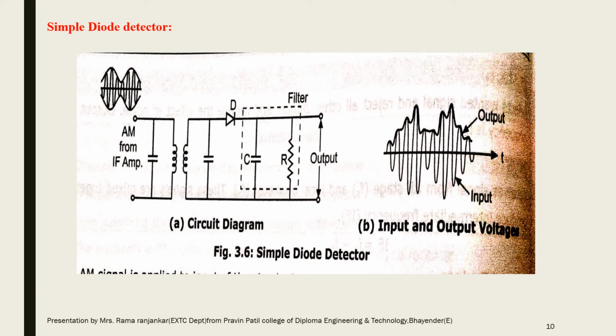Now, during the negative half cycle, the diode stops conducting, and therefore in the negative half cycle capacitor C starts discharging through resistor R, and so again the output is produced here, that is the discharging waveform. This is the capacitor C discharging waveform. Again during the positive half cycle the capacitor starts charging, so this process continues, and the output waveform is generated.